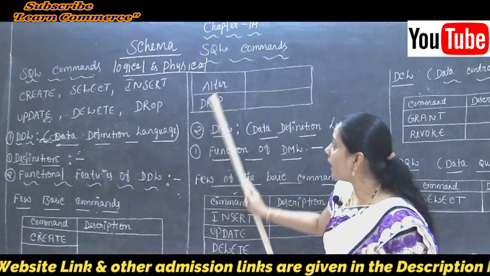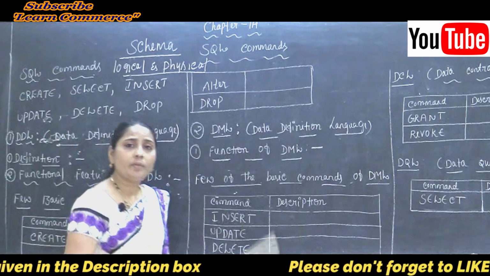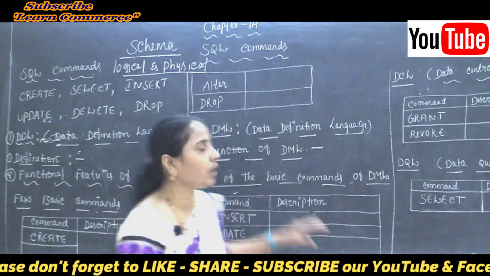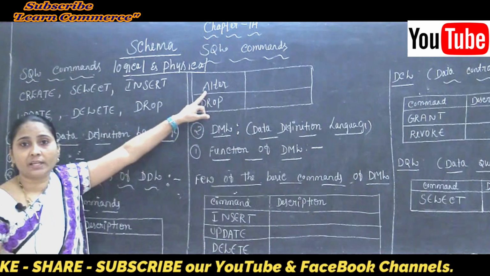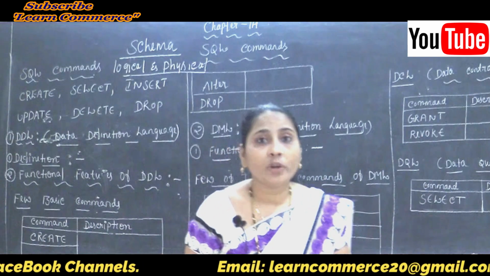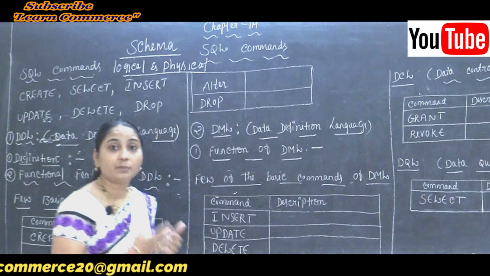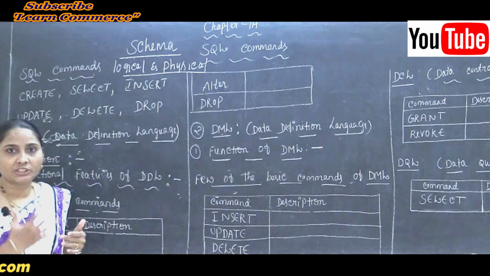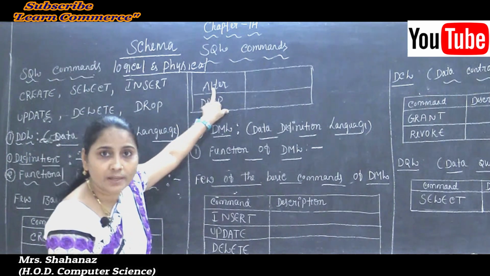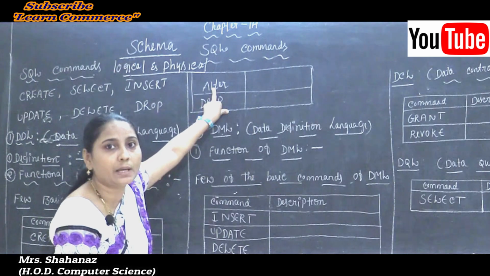And later the second command of the DDL is called the alter command. So why do we use alter? What's the meaning of alter? The meaning of alter is modification, updation. Clear this point here? So the alter command modifies an existing database object. In case you want to make some changes in a table, we can do that by using a command like our alter command. So it modifies an existing database object, maybe by using the table we can make some changes.